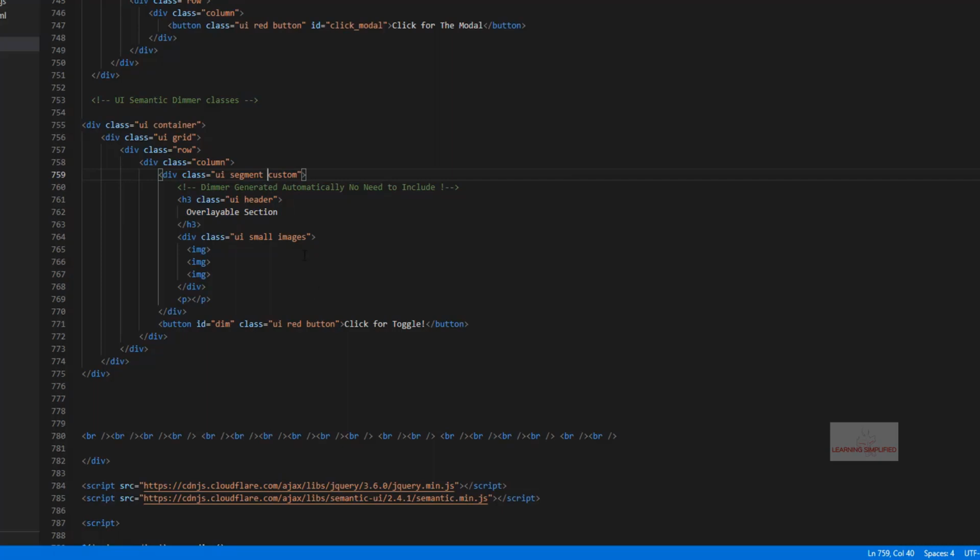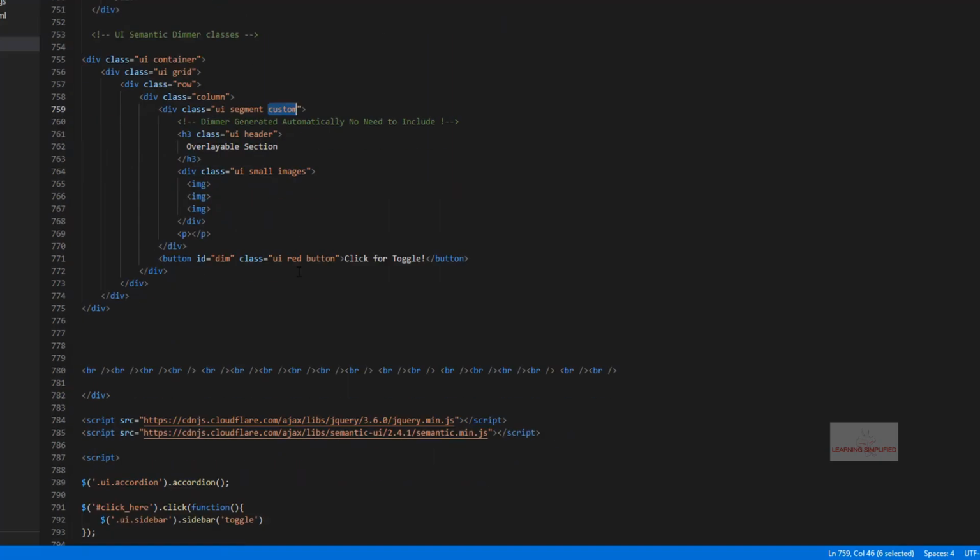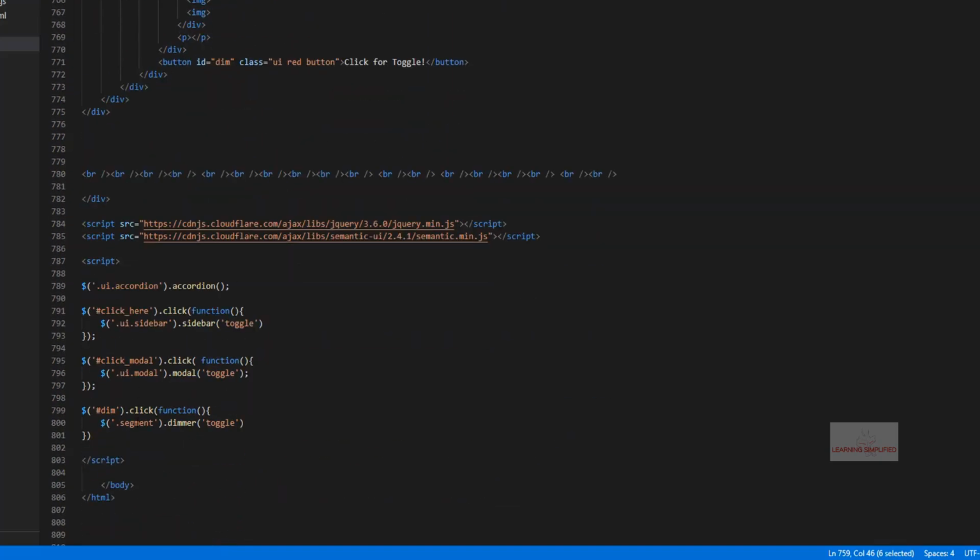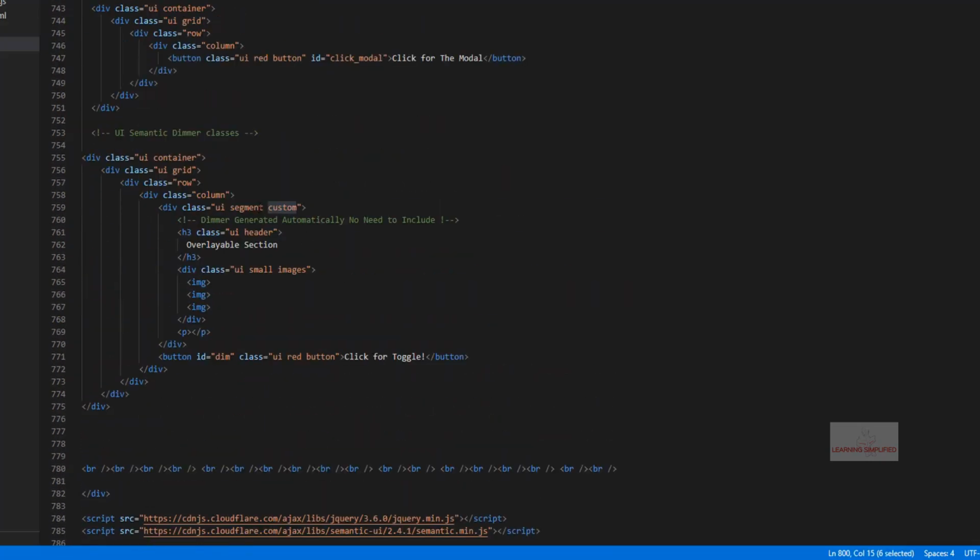All we are going to do is just create it into this main HTML page, and here instead of this dot segment, we will be using this class custom. So we can see that this is the custom class which has been imposed to this individual segment, right at this part of this container. This is the main thing that we need to know.